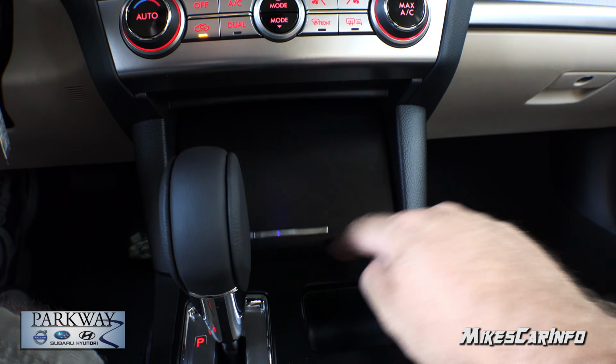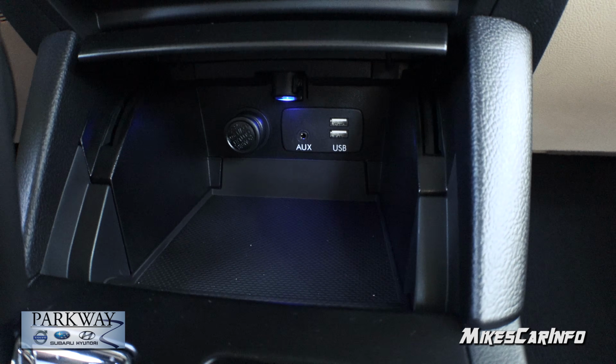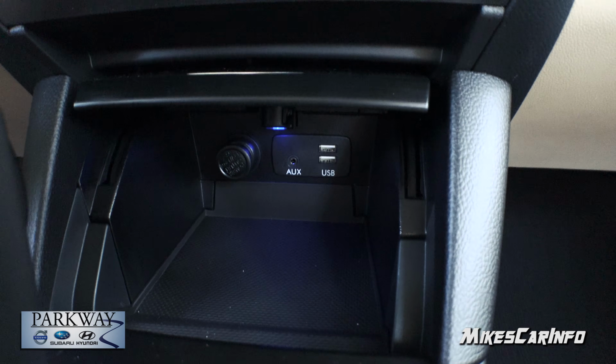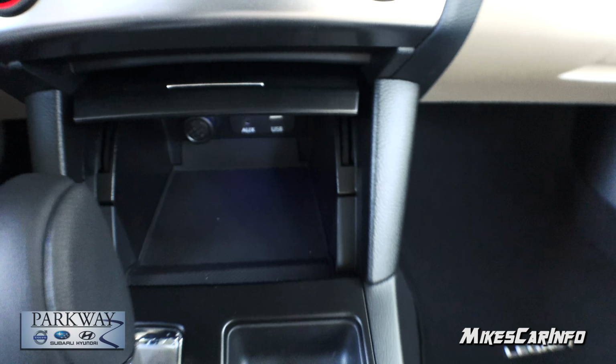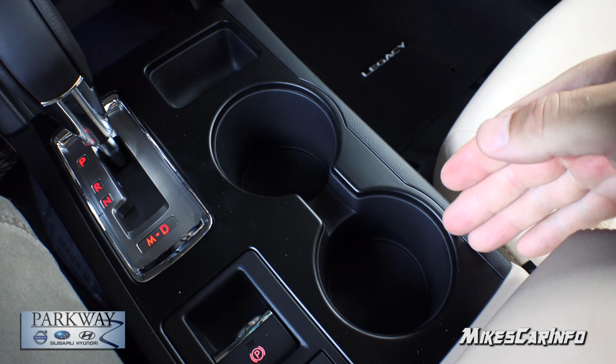Okay, so a little storage compartment, and this is where you'll find your 12-volt power supply, your USB ports, and an auxiliary input, and a little rubber floor mat there, so when you put stuff in there it doesn't really slide around much. Storage pocket there, cup holders,